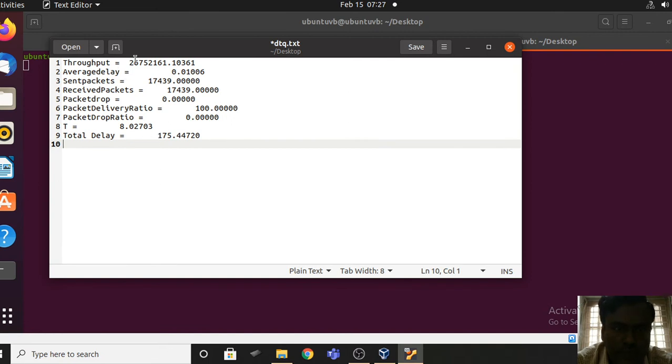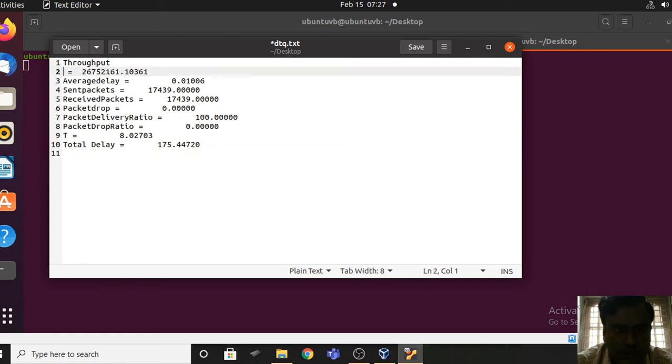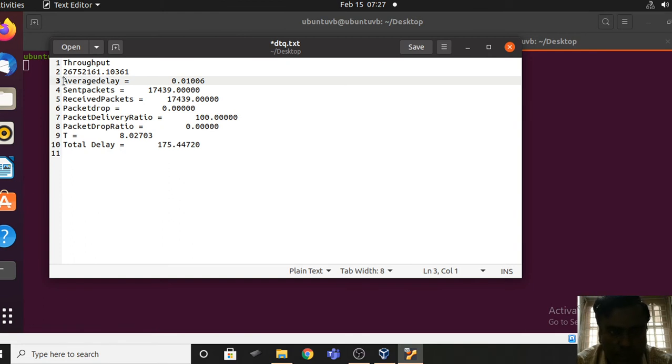Let me arrange these values. This is the throughput value, and this is the average capacity value. So let me note down this value.